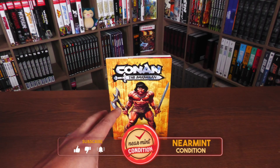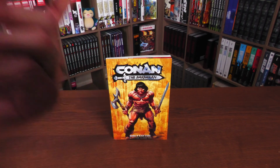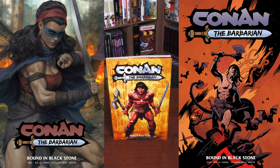Now, this is not the only cover. This is the main cover. This is the one that's going to be available everywhere. But there are two other direct market covers. On the left-hand side, that's the Art Germ cover. And on the right-hand side, that is the cover by Mike Mignola. And again, the cover on the right and the cover on the left are only available at places like your